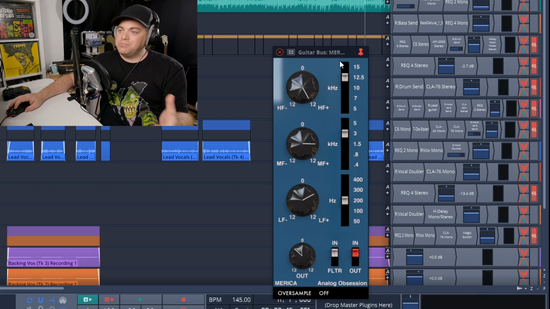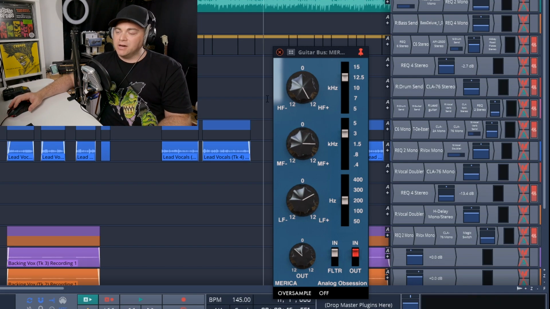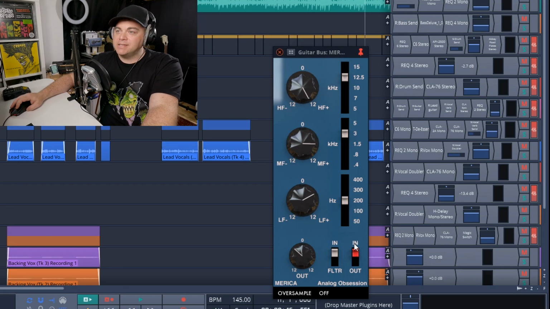And you can hear it really brings out a nicer sound in that guitar. It takes away some of that muddiness that's there when it's off. Now let's listen to it in the mix for a minute so you can hear how it helps the guitar stand out in the mix.